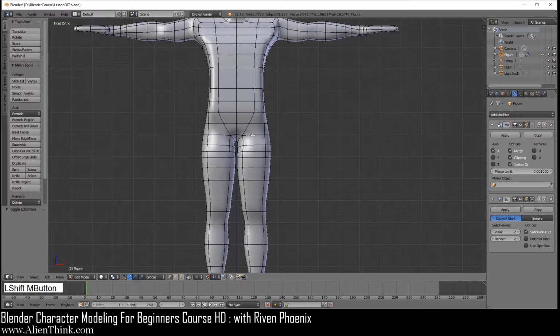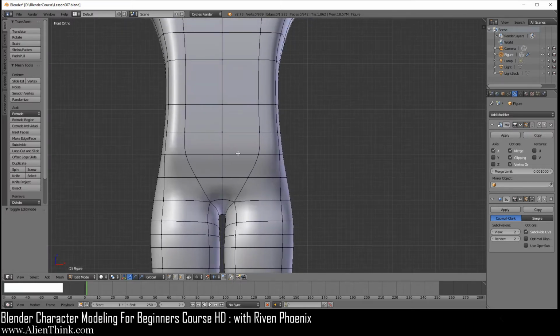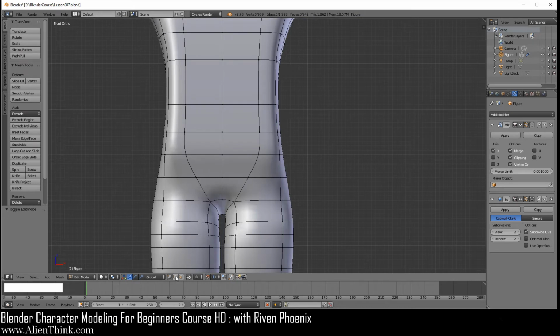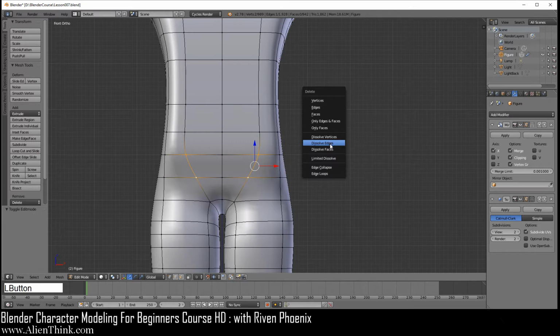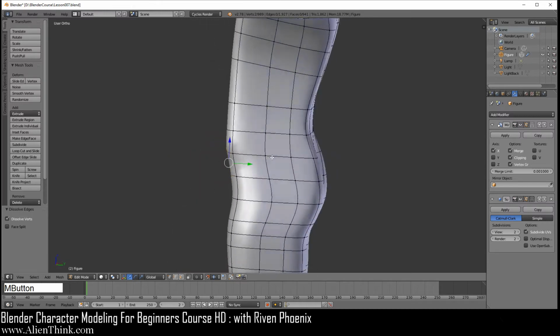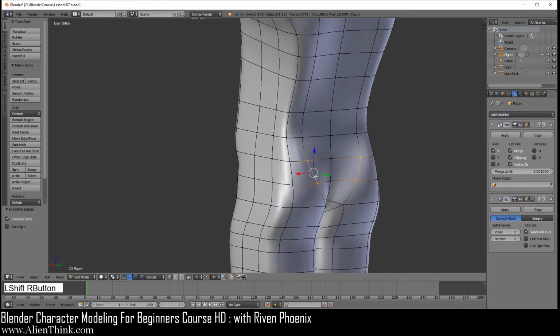So the first thing that we want to do is we want to basically equalize these edge loops over here before we can manipulate this body. So what I want you to do is make sure that you are in the vertex select mode and just click on this vertex and press the shift key down and go ahead and select this one. Then do X, and now you're going to do dissolve edges. So you'll see that it'll simply just separate over here. So this becomes an n-gon over here, right? More than 4 sides. So here I'm going to do the middle mouse button to rotate over here. I'm going to do the same thing over here. I'm going to do X and I'm going to do dissolve edges.